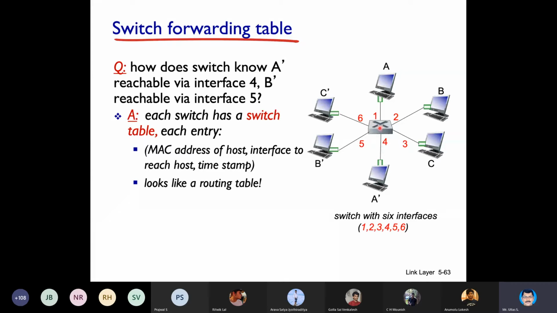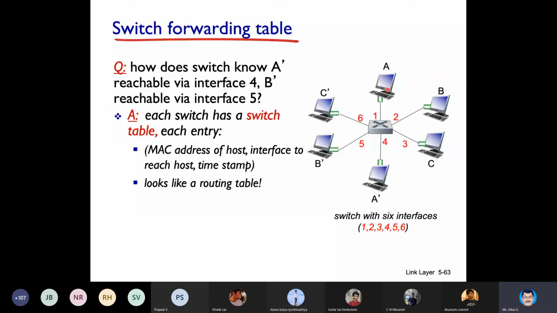So definitely there is no chance of learning A's MAC address by the switch. So what will switch do? Switch will forward the data to all other ports other than from where it has come. In that case, it is working like a hub only. It will flood the data. It will send to everyone.